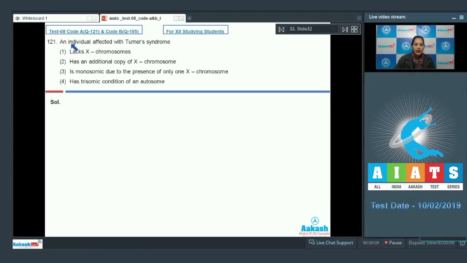Question number 121. An individual affected with Turner's syndrome: first option, lacks X chromosomes. Second, has an additional copy of X chromosome. Third, is monosomic due to presence of only one X chromosome. Fourth, has trisomic condition of an autosome. Individuals affected with the Turner's syndrome are